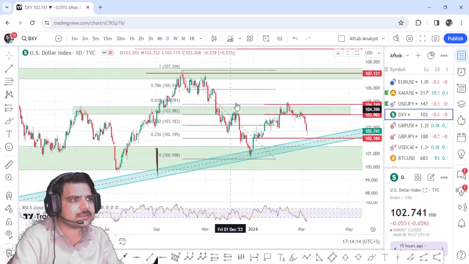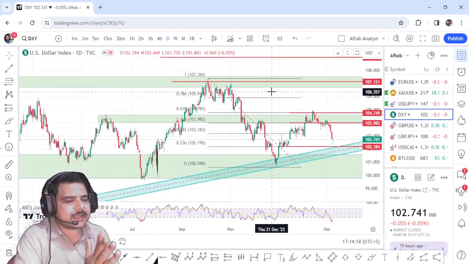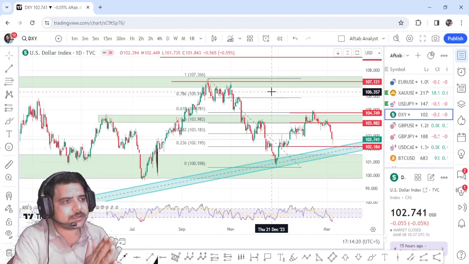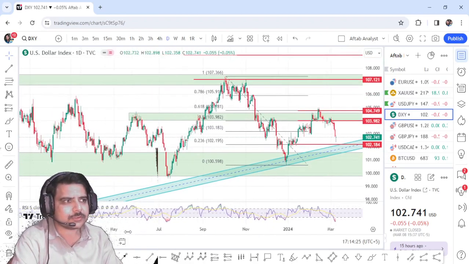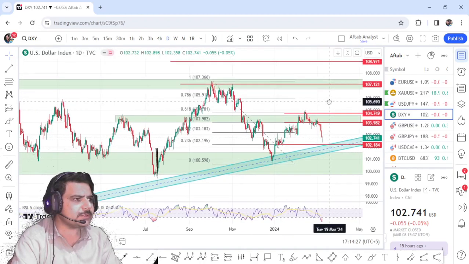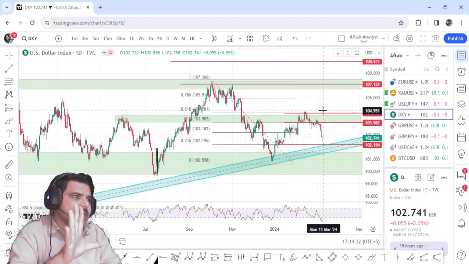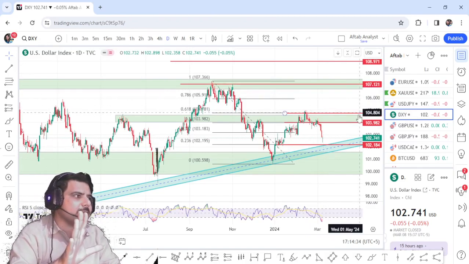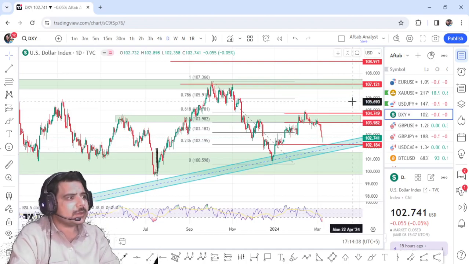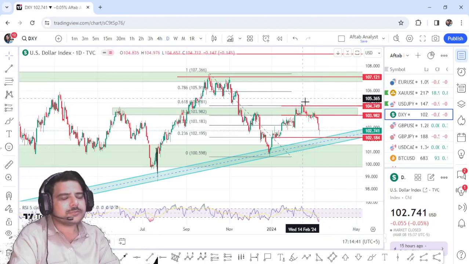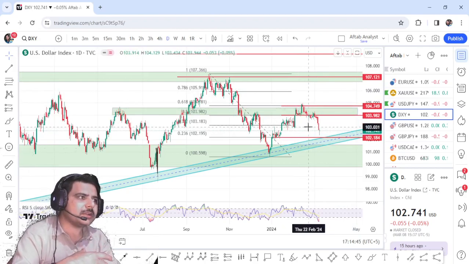So the dollar index today, as you can see right here, this current plan and even this plan I have delivered to most of you out there in the groups as well, all the way since the start of the year. On the dollar index chart you can see several levels: 107, 104, 103, 102, 102.18, and most of you will remember that all of these levels were my levels. They belonged to my level.